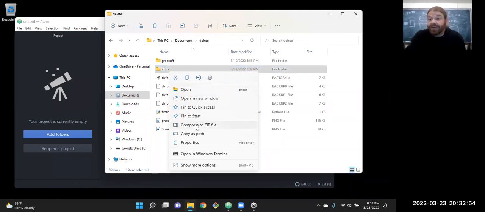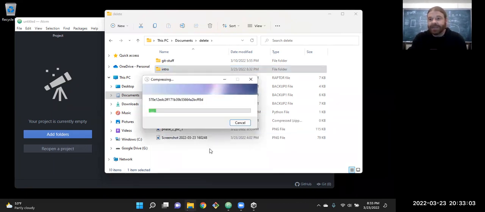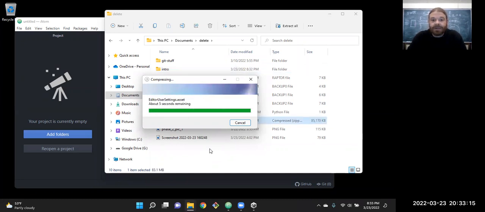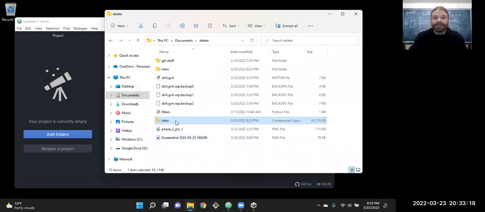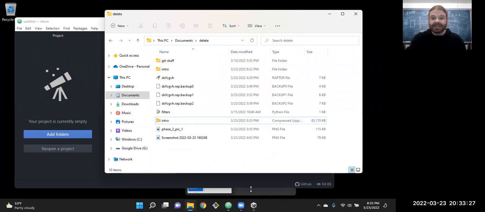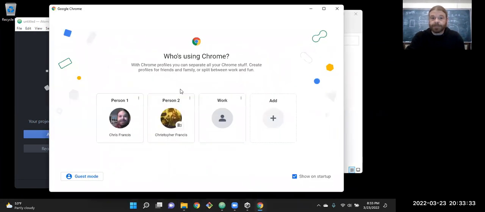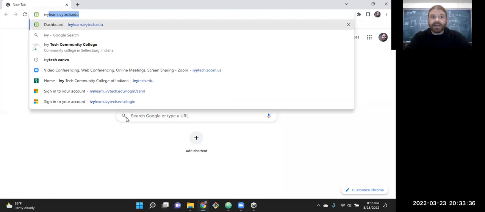When Unity is working with a file, such as that text file, the script that was open in more than one place, it's going to label that file as in use, which then makes zipping it, compressing it, a problem. But as long as no other software is using it, then you should be able to just zip up that folder and then submit that zipped project. So that's how you're going to turn in all your homework. Hopefully that made sense. Did that make sense? Do y'all see what to do on that first discussion board then? Any questions about that?